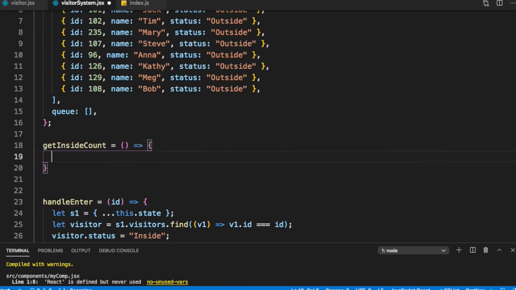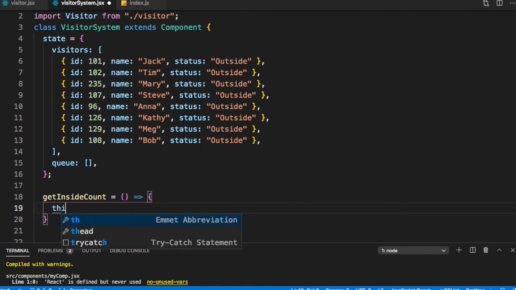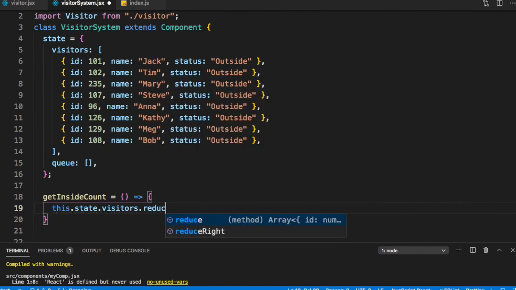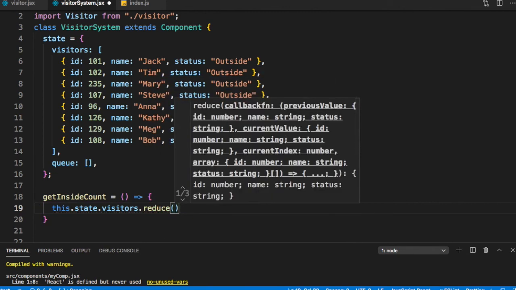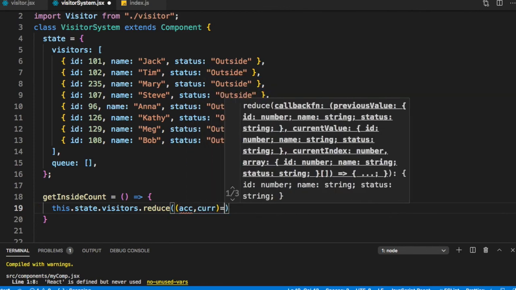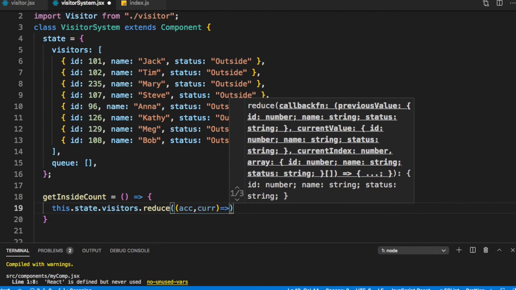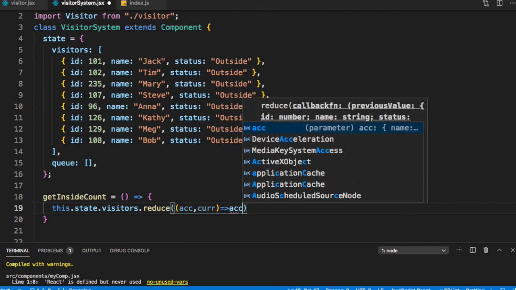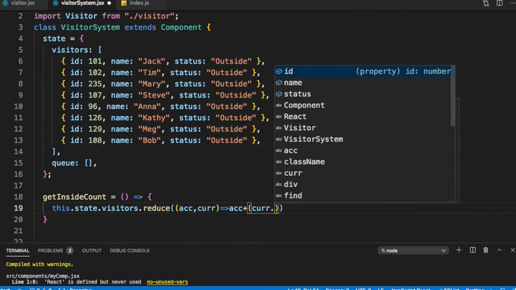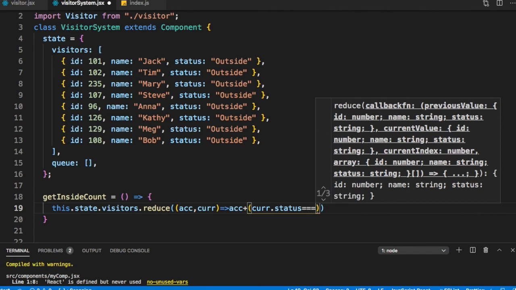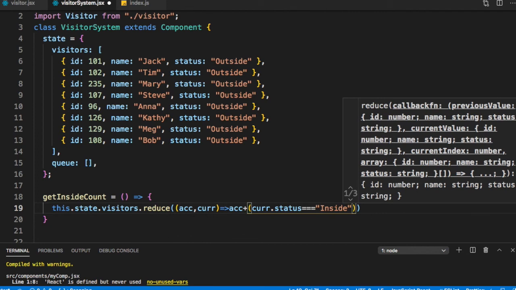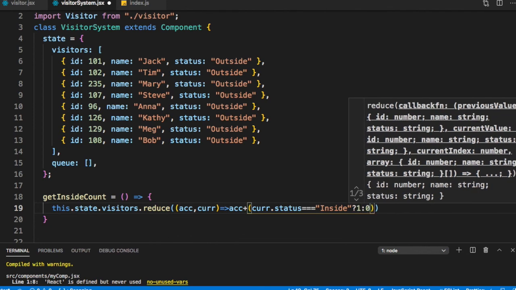So what will this do? It should say this.state.visitors.reduce. Now what should we count? Accumulator, current goes to, it returns accumulated plus, if cur.status is equal to inside, then 1 else 0.